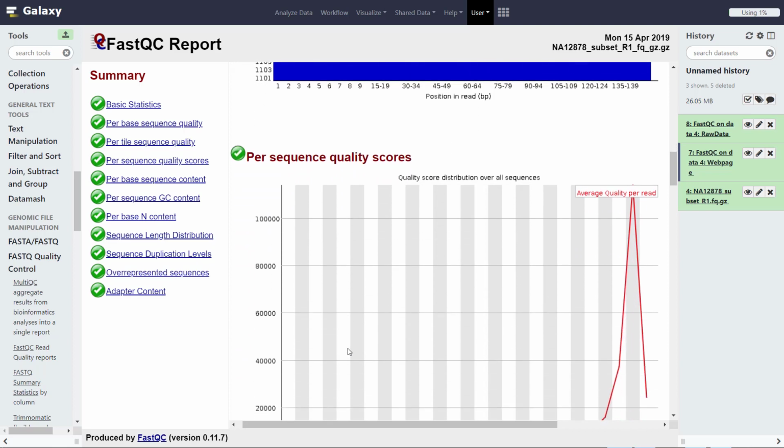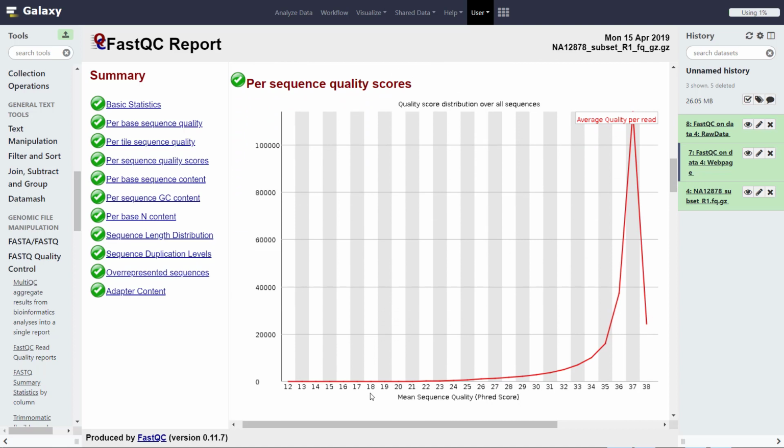The next category is the per sequence quality score. Here we're looking at the overall quality score over the entire sequence. And this just gives us an idea if there's a subset of sequences that have a low overall quality value. It could be because they were poorly imaged, like they were maybe on the edge of the tile or things like that. But if there is such a group of reads that have an overall low quality, we should see that it's really the minority, and that most of the reads, as you can see here, have a high overall quality of 36, 37, and that is the mean sequence quality score.